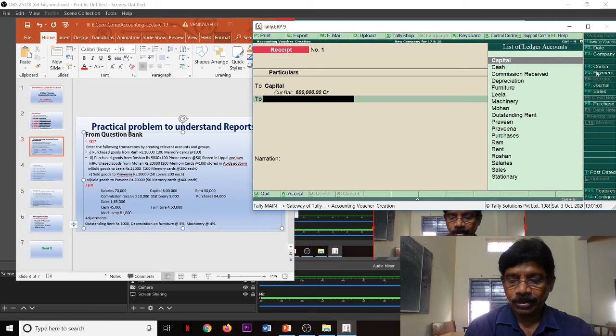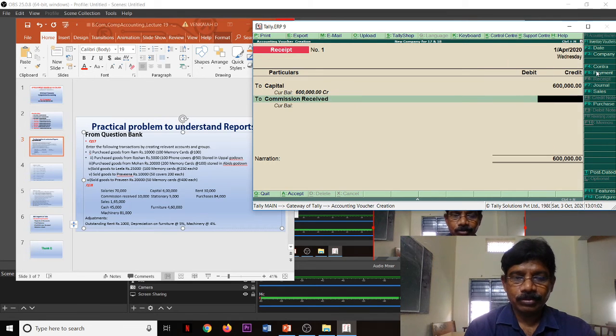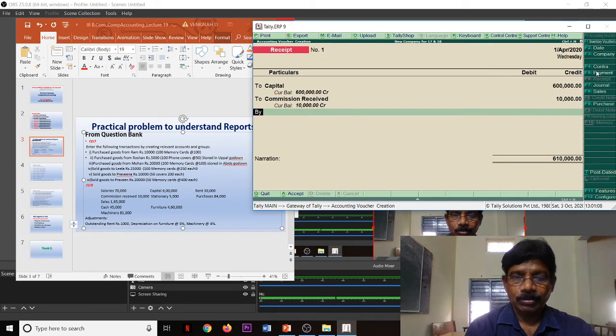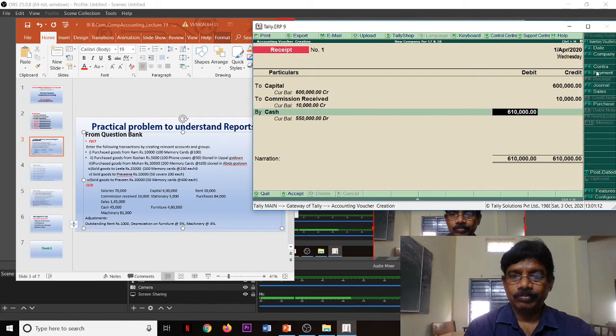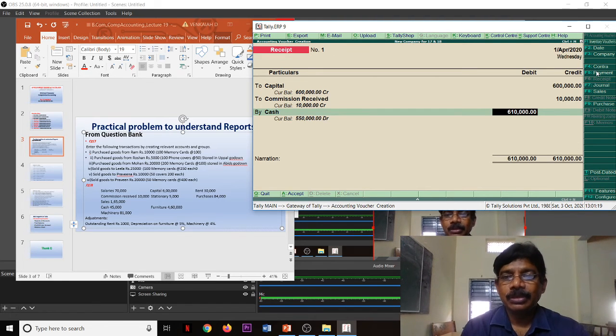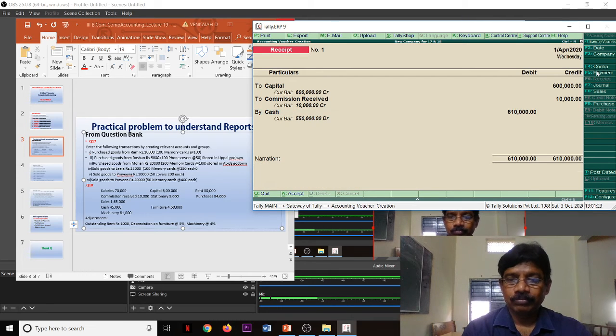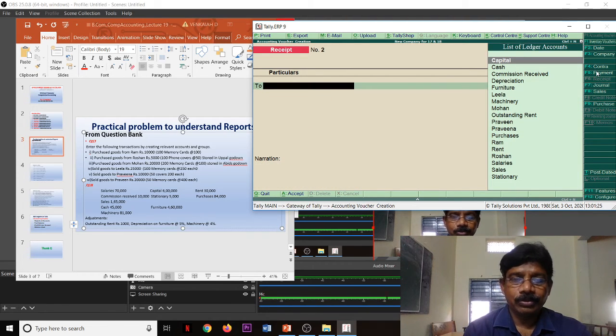Commission received, 10,000. Okay, cash. So earlier negative balance 60,000 is there. Presently it is 5,50,000 because we received 6 lakhs capital.